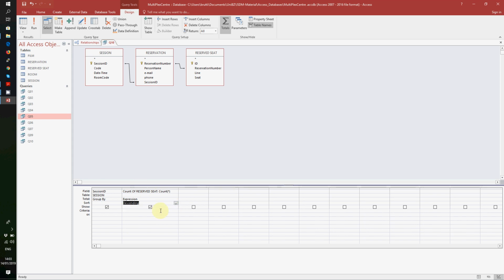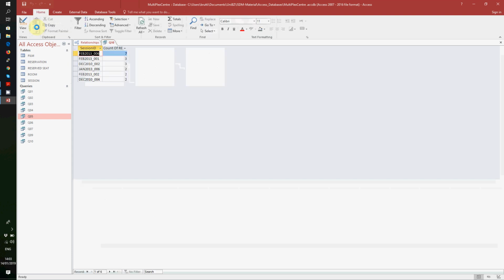So I want to put on top the sessions with the largest number of reserved seats. Run. Okay, so this is the result, different sessions with the count of reserved seats. Sorry, I mistyped. Okay,